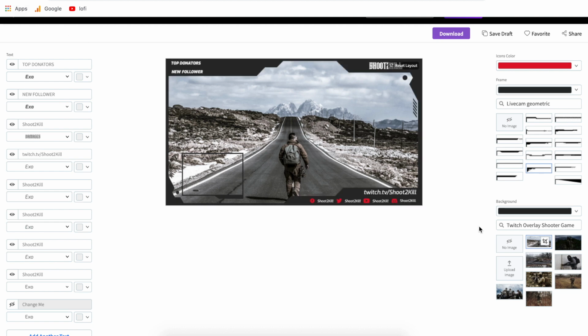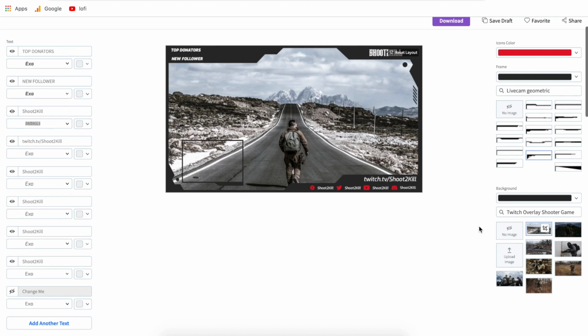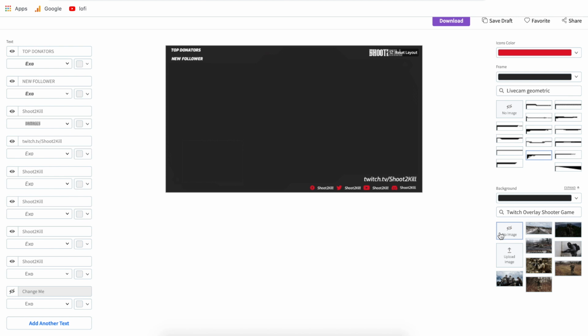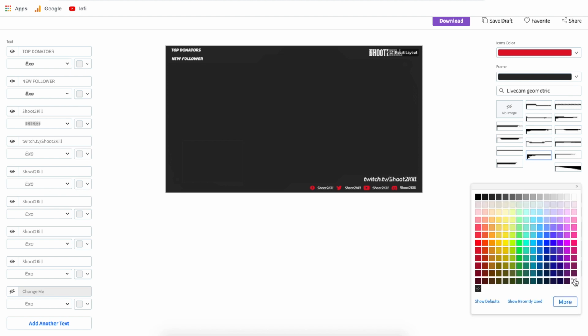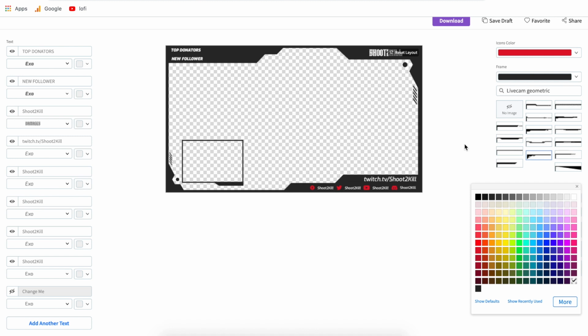And then lastly, and probably most important for creating a Twitch overlay, is right now it has a graphic in the middle. But what if you want no graphic and you want to be able to put this as a transparent overlay on top of your video? Well, if you hit no image, then it's just going to do this, and that doesn't really work for our needs. So what we need to do instead is hit no image, and then one more step, we go to background, and then we go to the checkerboard, and that makes it transparent.